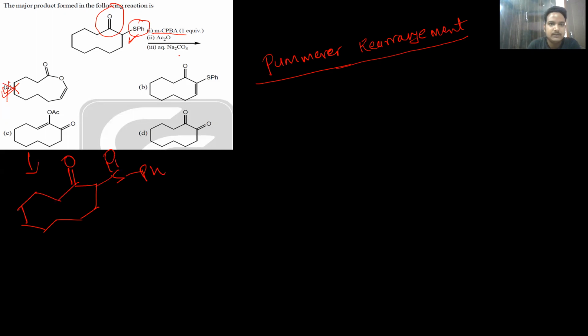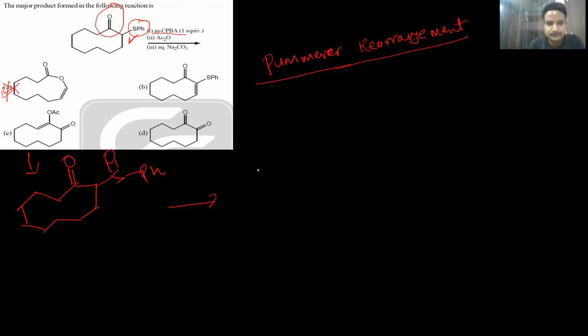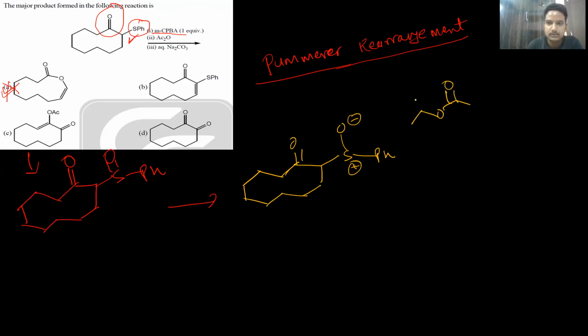Now, the second thing is that we have Ac2O. So actually this sulfoxide, how can we make this? If we clearly write it here, the sulfoxide is nothing but this thing. And we have Ac2O. So Ac2O is nothing but this thing. Now this is nucleophilic in nature. This can attack here, go like this, and like this. So we are ending with